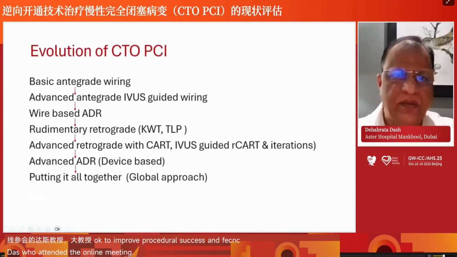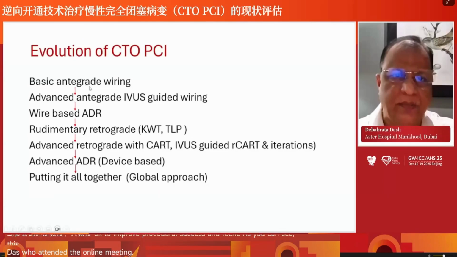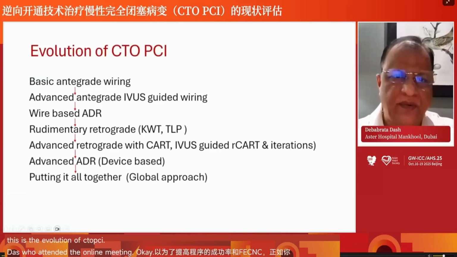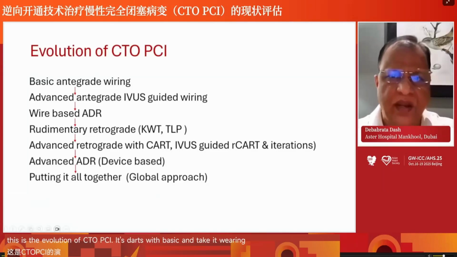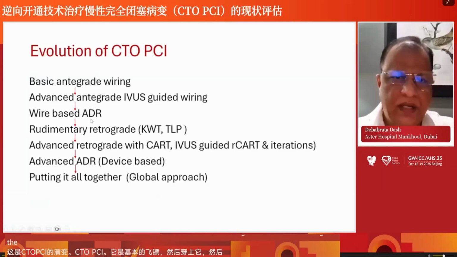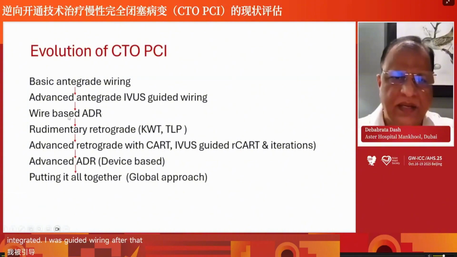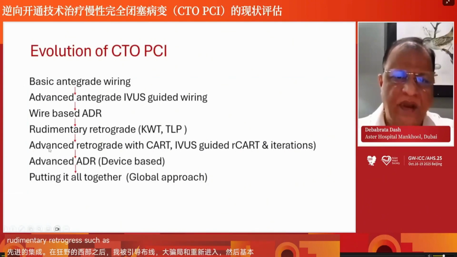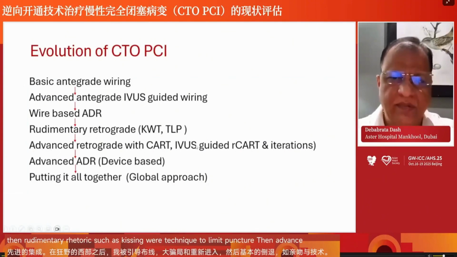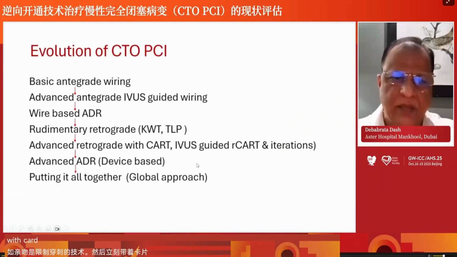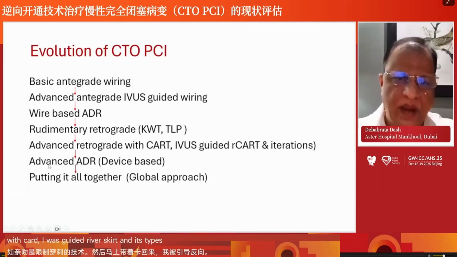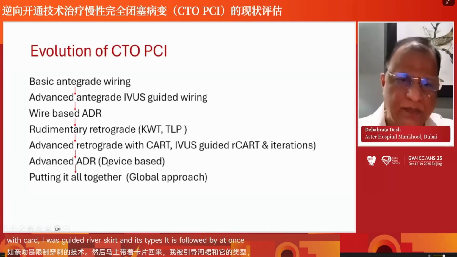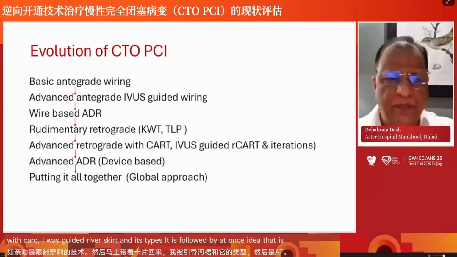As you can see, this is the evolution of CTO PCI. It starts with basic antegrade wiring, then follows advanced antegrade IVUS-guided wiring. After that, wire-based antegrade dissection and re-entry, then rudimentary retrograde such as kissing wire technique, true lumen puncture, then advanced retrograde with CART, IVUS-guided reverse CART and its types. It is followed by advanced ADR, that is device based, and the global approach is when we put everything all